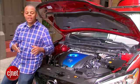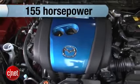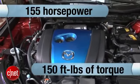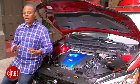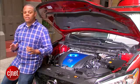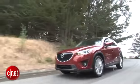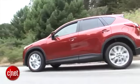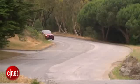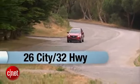What is important is how the direct injection technology in here helps this engine to get 155 horsepower and 150 pound-feet of torque. Now, that's not a lot of power, but outright power isn't the SkyActiv's game. What we're looking for here is efficiency. A combination of lightweight materials used throughout the vehicle, low friction components in the engine, and a couple of aerodynamic